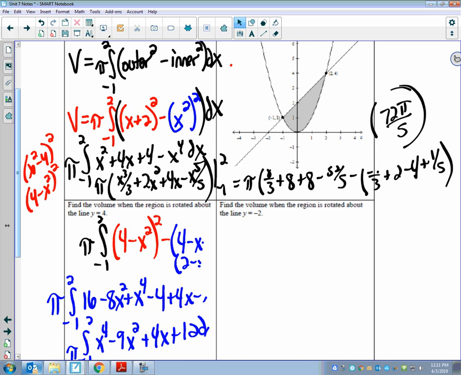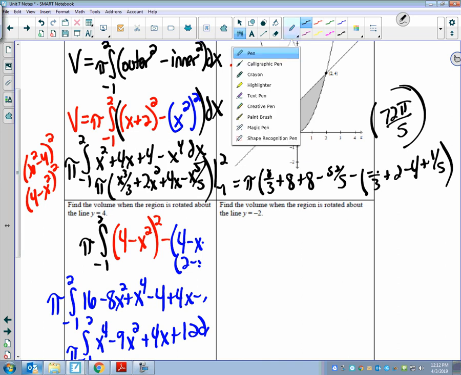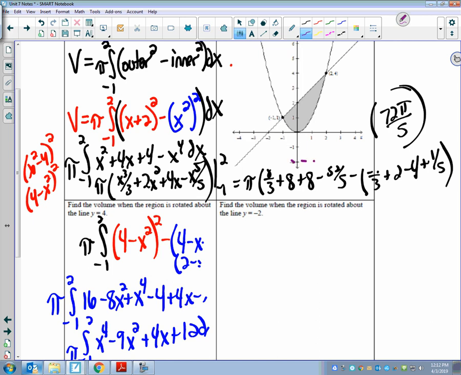And so that's kind of what I did here, and there's a great video from Patrick that he does this a lot, but that's what I just had drawn here. But y equals -2 would be this line right here, and I want to rotate that shaded region around that line, right? So I'm still going to have pi. My bounds are still going to be from